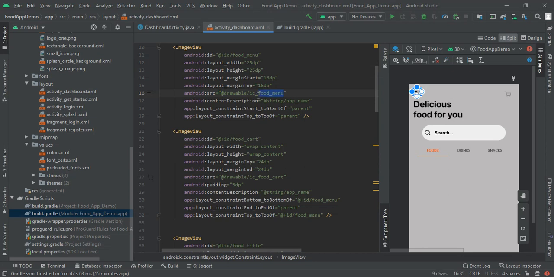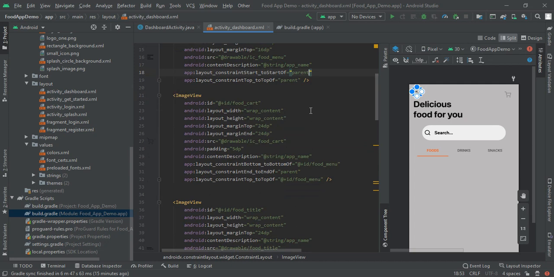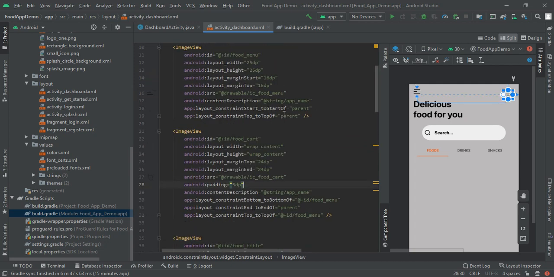I will add a link in which you will find all this menu. Next we have an image view, and I had constrained this from parent so that it looks like here.